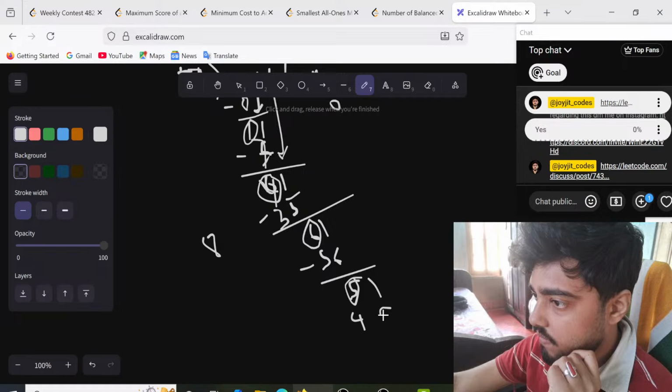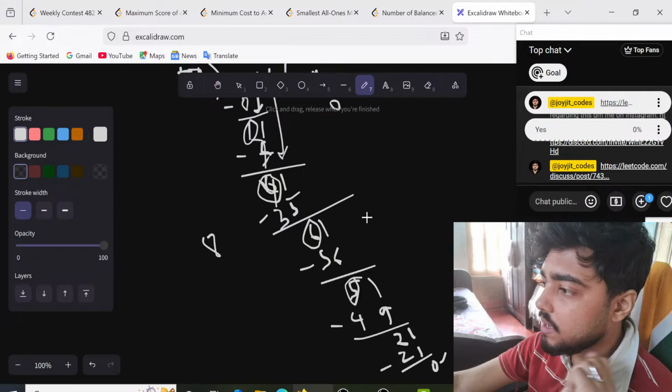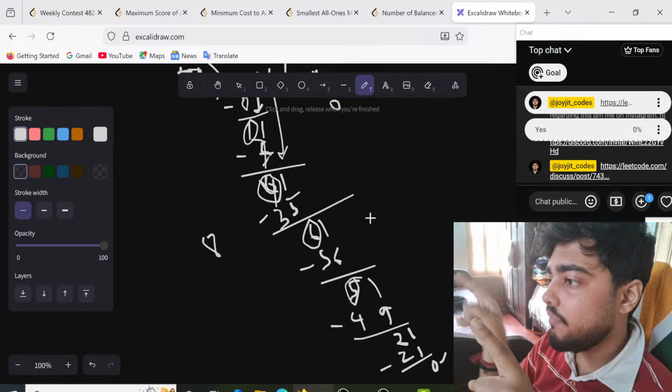21, right? Then we get a 3 and 21. And we get the answer, right? So this is what you have to do. But the point is, what if it is not divisible? Then it will go on till infinite, right? If it is divisible, then we get the answer. Very simple. But if it is not divisible, then we don't get the answer.